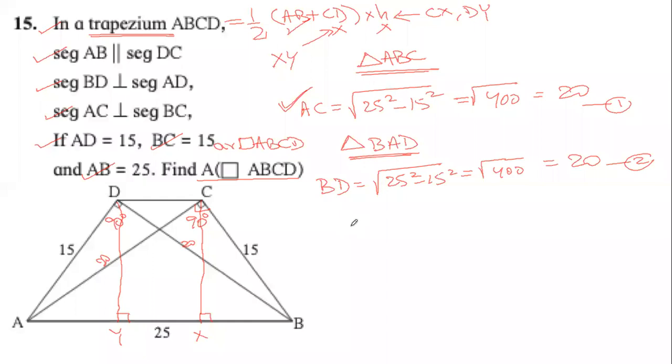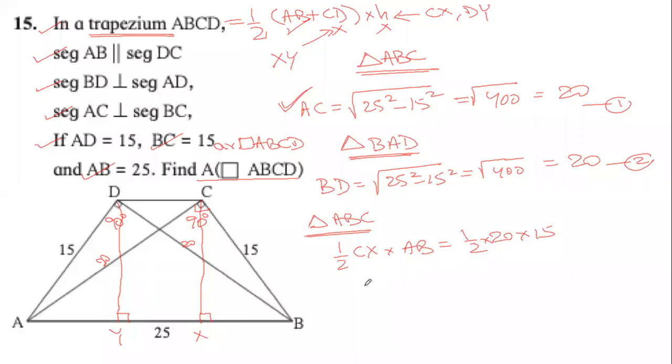Now let us come back to triangle ABC, and let us go back to chapter number 1. Now, area of triangle ABC, either we can calculate using AC and BC, which are perpendicular to each other, or we can use CX and AB. The area will be the same. So we can say half CX into AB equals half into 20 into 15, because area of the triangle is half height into base.